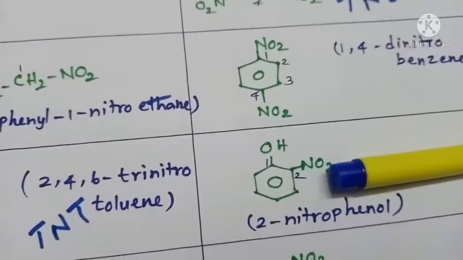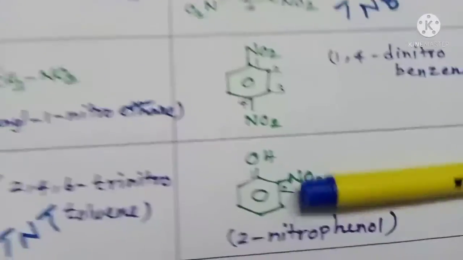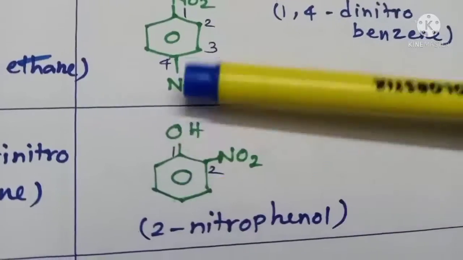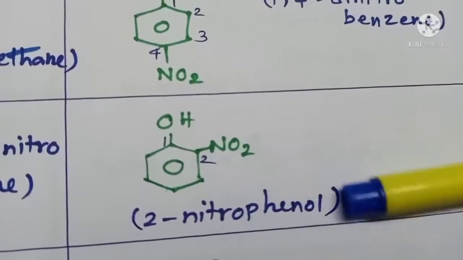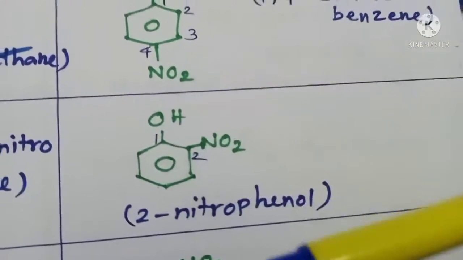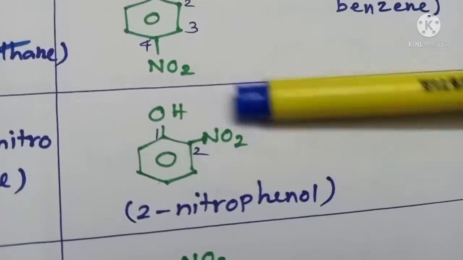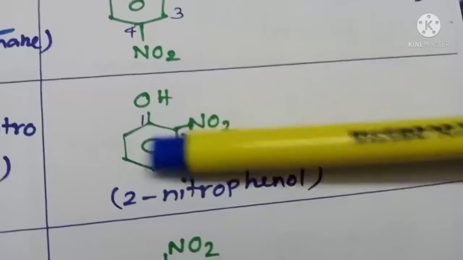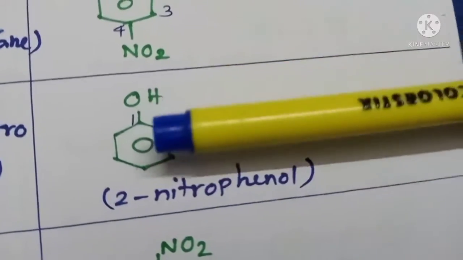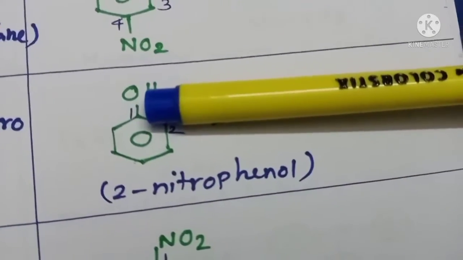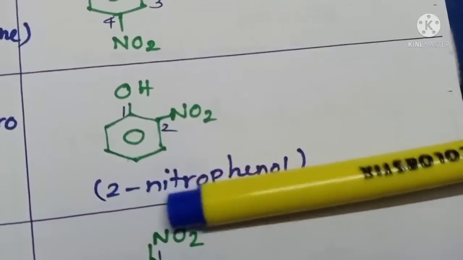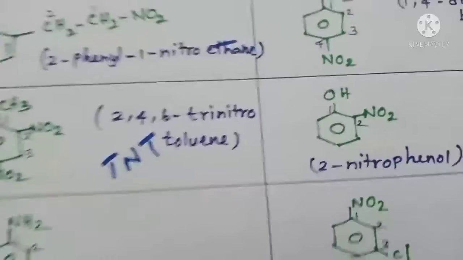Okay, right. Look at the next compound. A benzene ring with an OH group and an NO2 group, isn't it? Here, benzene with OH is considered as the parental compound. Benzene with an OH group is nothing but phenol, which carries a nitro functional group, so it is nitrophenol. While numbering, we start with the phenolic carbon: 1, 2. The nitro carbon gets number 2, so 2-nitrophenol.